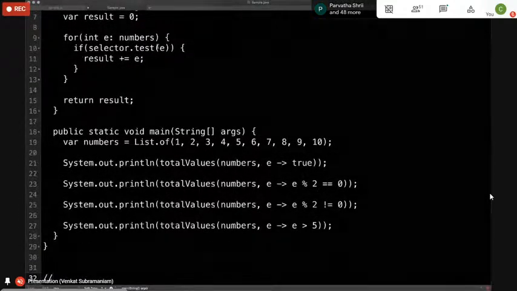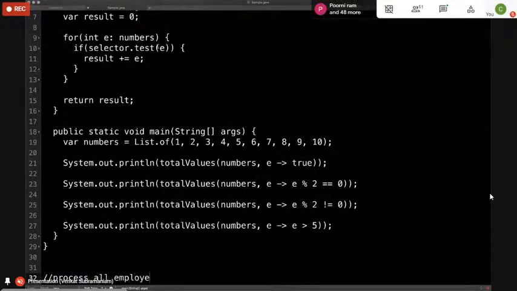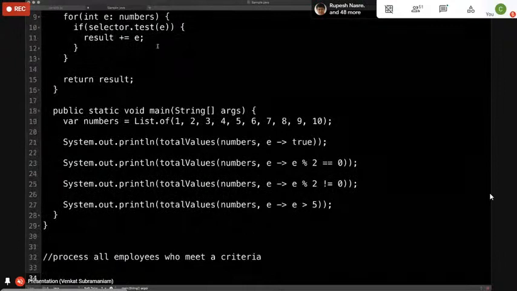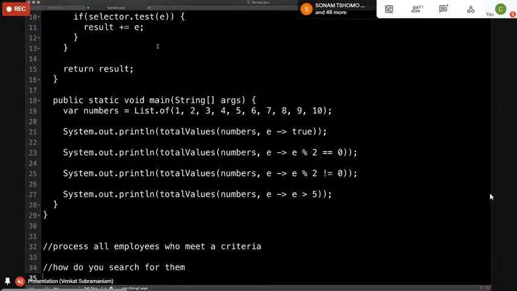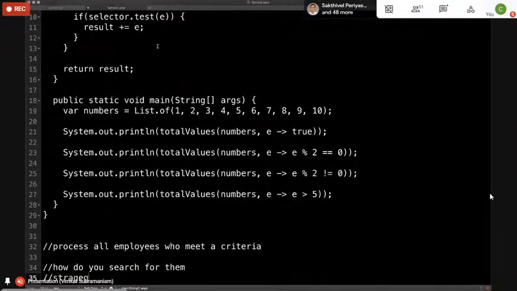Suppose you have a search and you want to process all employees who meet criteria, right? That's your algorithm. But the question is, how do you search for them? Well, you may have a strategy. So one strategy may be a binary search, right?